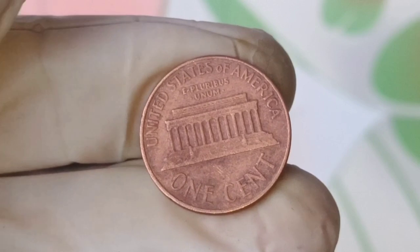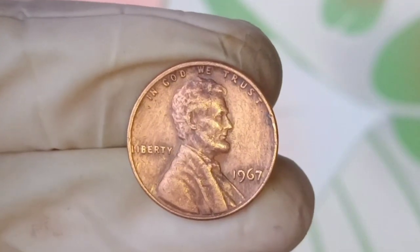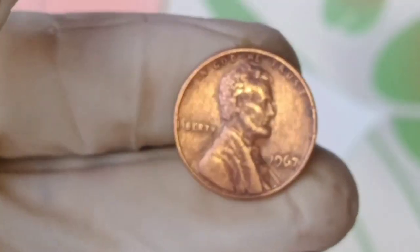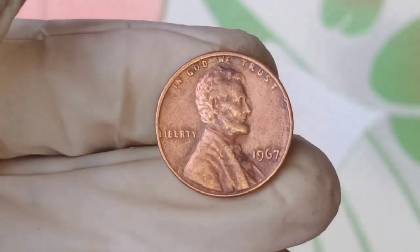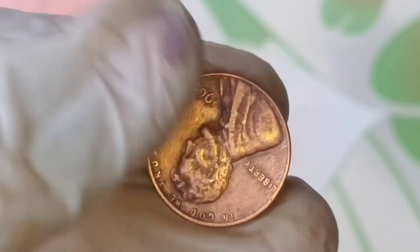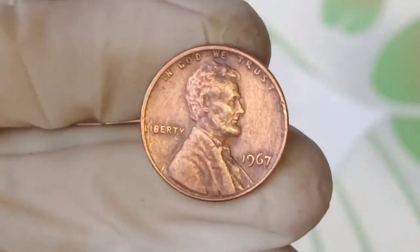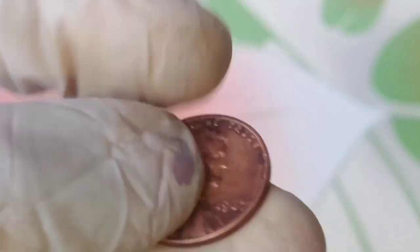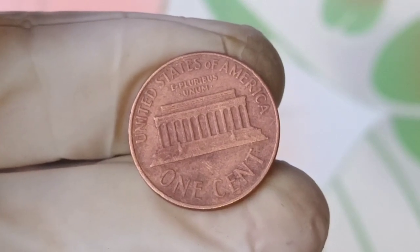Several factors come into play with the 1967 Jefferson nickel. For instance, among the most notable is the existence of striking errors. In some instances, coins are minted with double strikes, resulting in slightly overlapping images on the coin's surface. This phenomenon occurs when the coin is struck more than once by the minting press, leading to a misaligned design that collectors find incredibly appealing. Additionally, there are